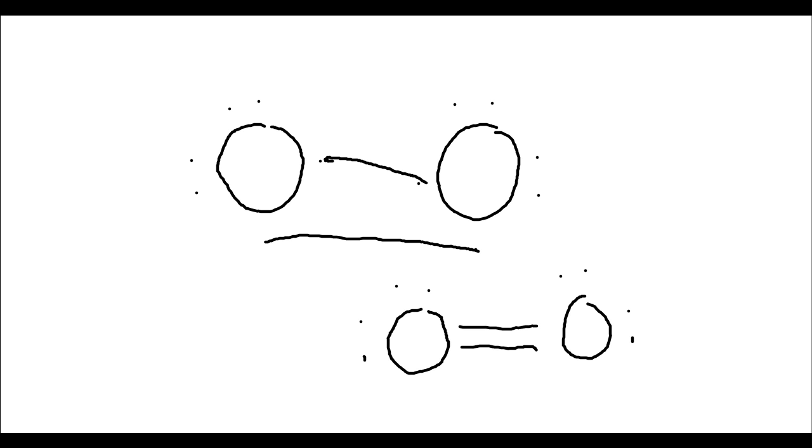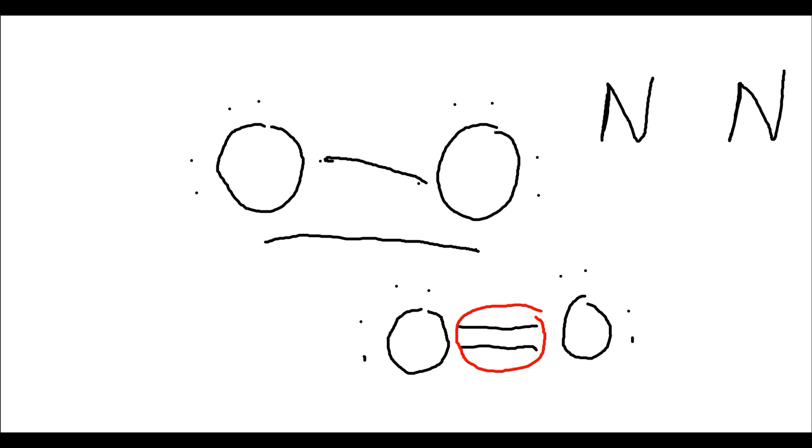So we end up with 2, 4, 6, 8, 2, 4, 6, 8 electrons around each of them. And the 2 lines in the middle, or the 2 lines here, that's our double bond. Okay, just like the other one had a single bond where you were sharing 1 electron pair, a double bond is going to share 2 electron pairs. So oxygen's now happy. We can even get a triple bond. If we look at nitrogen,